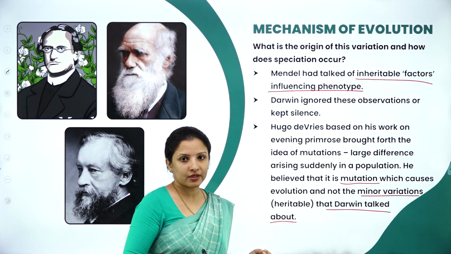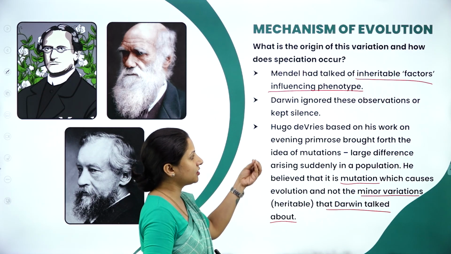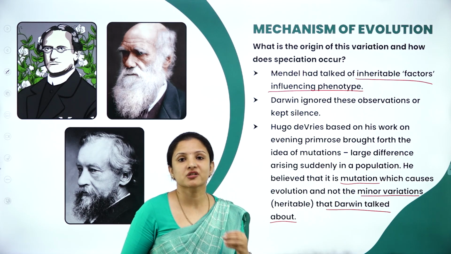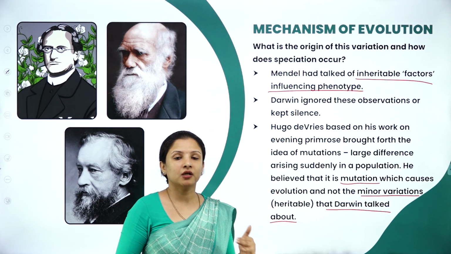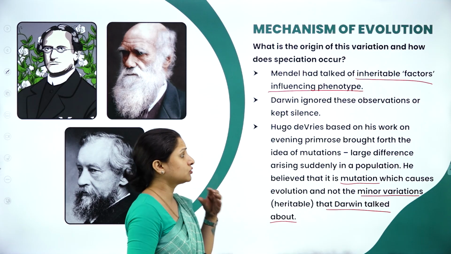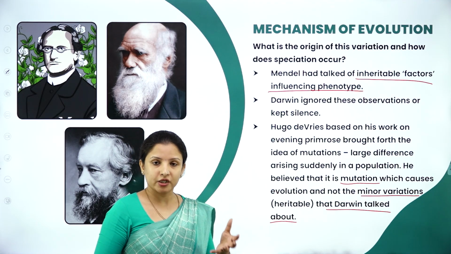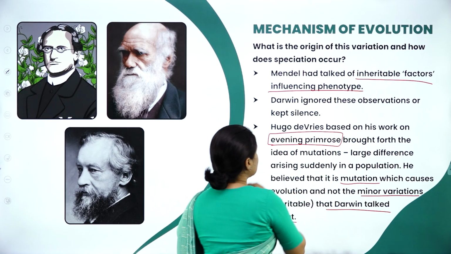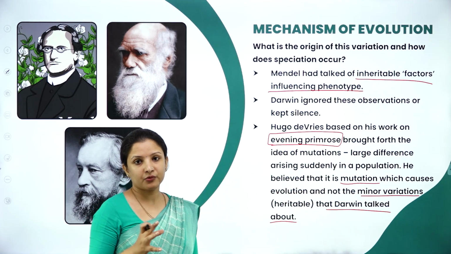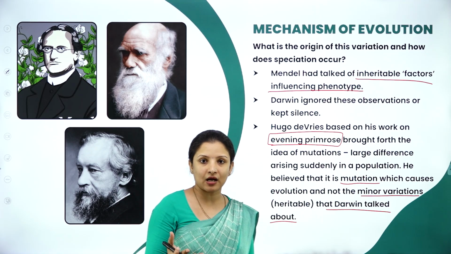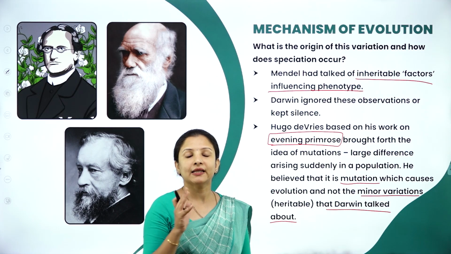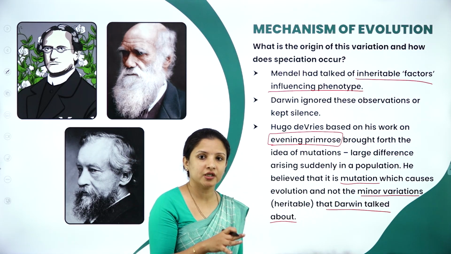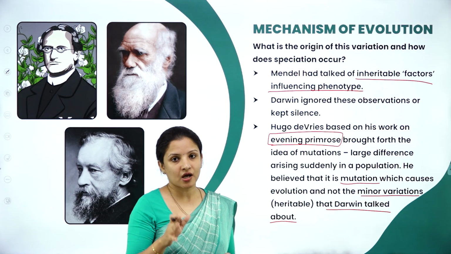But that alone doesn't prove the theory of evolution, and that was put forward by Hugo de Vries. So Hugo de Vries supported Mendel's theory, saying that genes or factors play a very, very important role in evolution and also in creating new species. So to explain that, he took a particular flowering plant by the name evening primrose as an example. This evening primrose plant is capable of changing its color. In the morning it is a different color and in the evening it is a different color. And this change in the color is especially due to mutation or variation occurring in the gene.